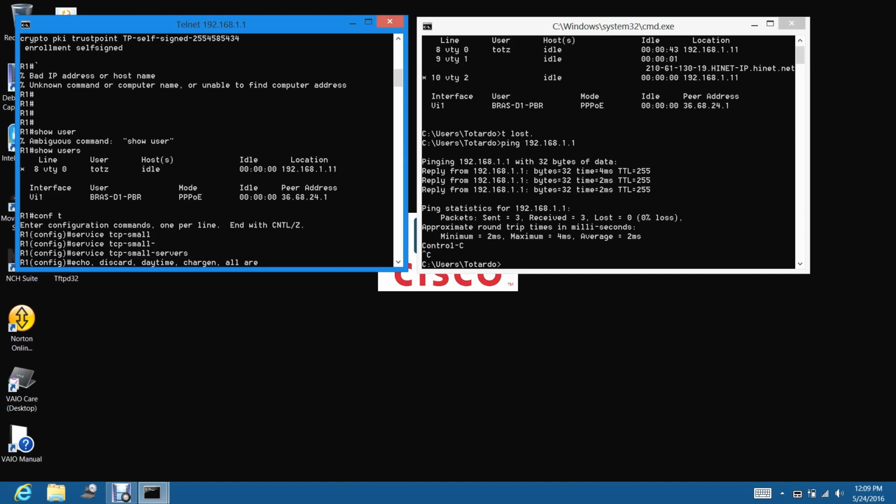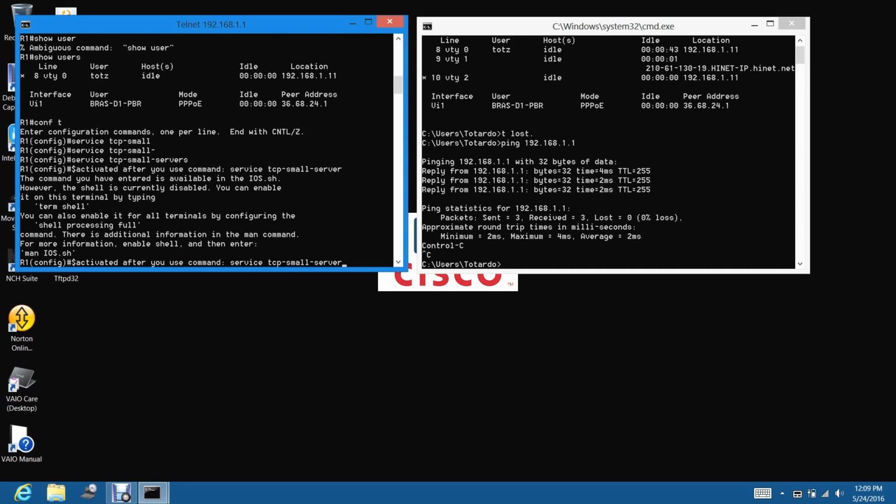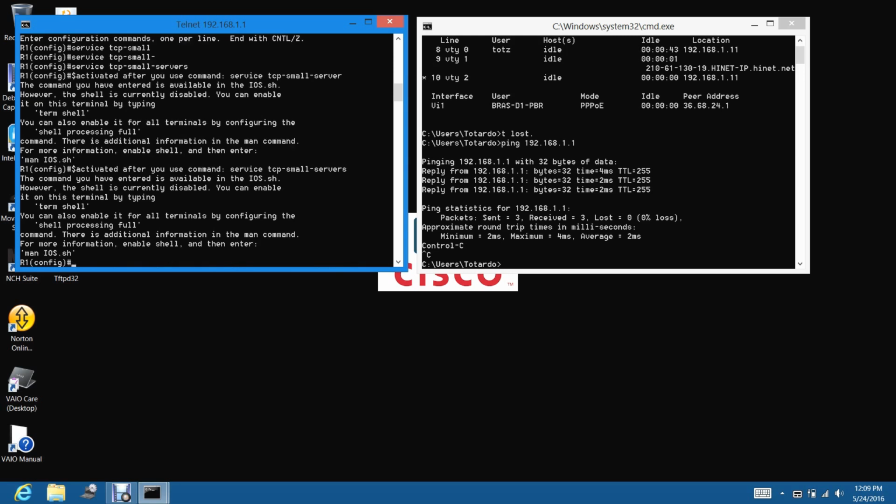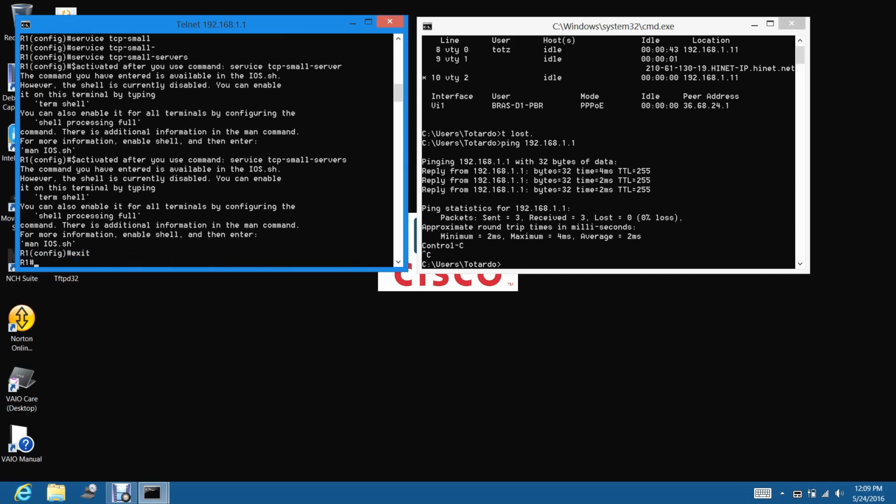All are activated after you use the command service tcp-small-servers like that. So we will try them one by one.